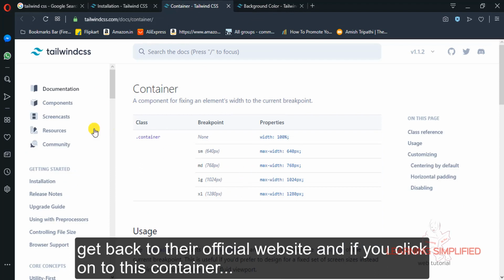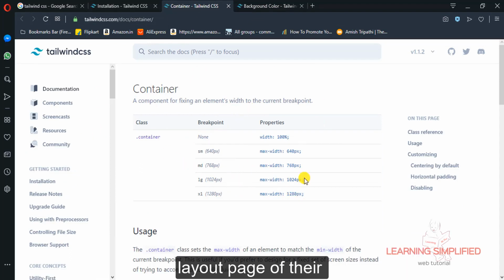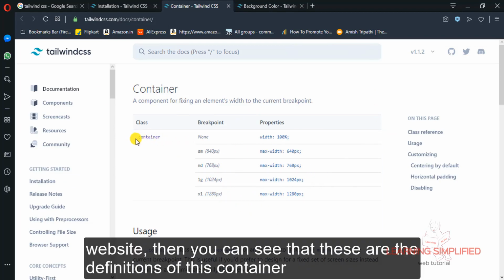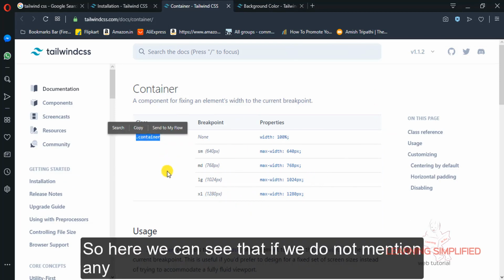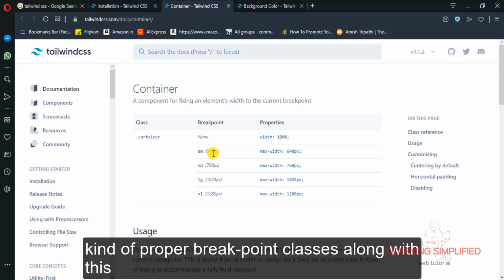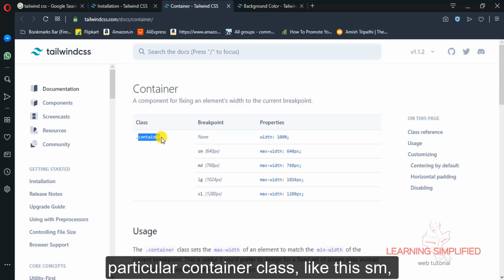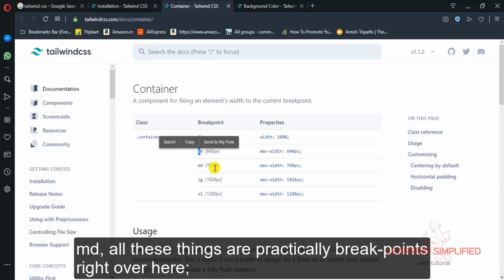On the other hand, if you get back to their official website and click onto this container layout page of their website, then you can see that these are the definitions of this container. So here we can see that if we do not mention any proper breakpoint classes along with this particular container class, like SM, MD, all those things are practically breakpoints right over here.